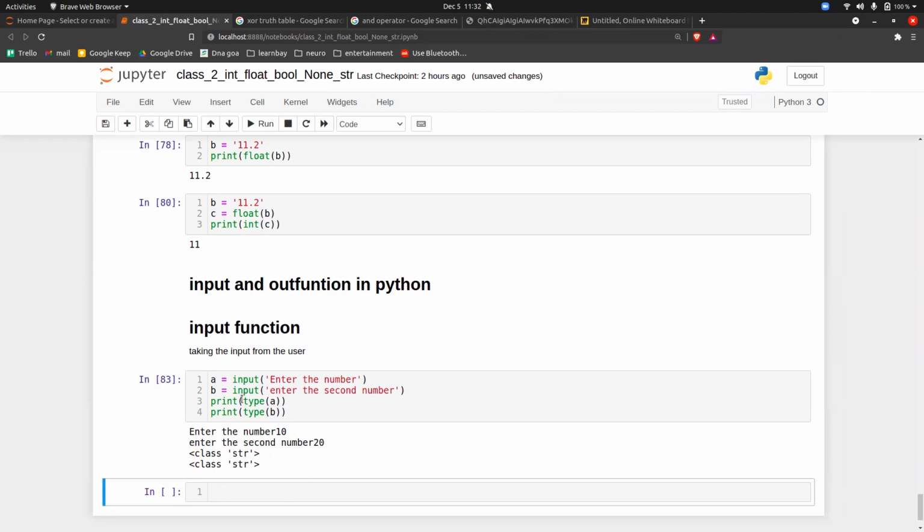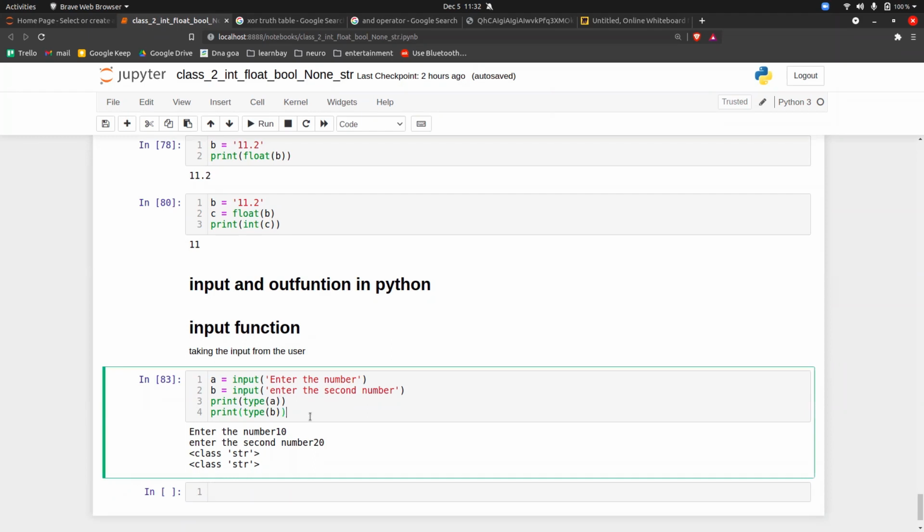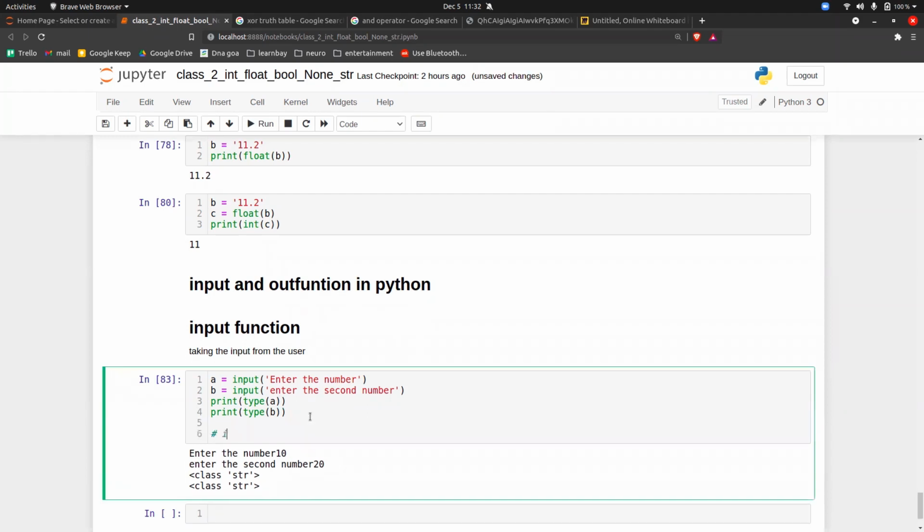So the conclusion you make here is that the input function will always return a string data type. I will make a note here for you guys: the input function will always return a string data type.